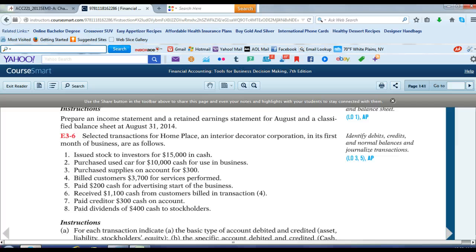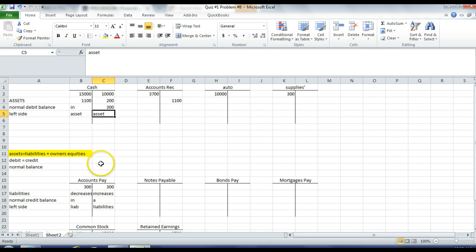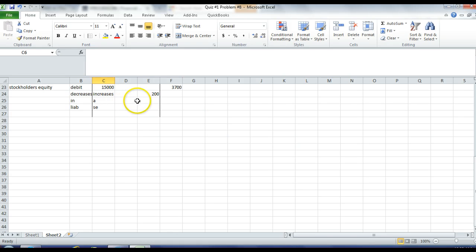Next, we pay dividends of $400 cash to stockholders. So again, when we pay cash, we're reducing our cash. If our cash has a normal debit balance, by using cash, we're crediting our cash for $400. And we're also paying out dividends, so we're reducing our retained earnings of $400, which means we're debiting that $400. Again, remember, and it's always helpful to have a little